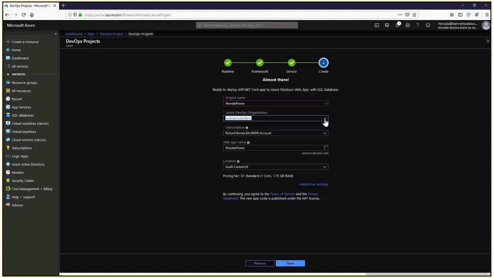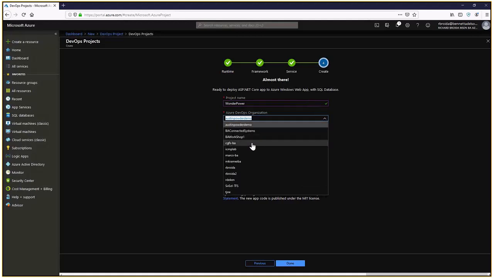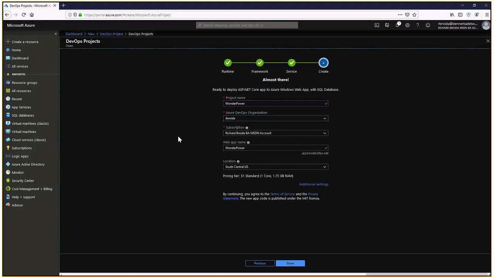It's going to ask me for an Azure DevOps organization. Azure DevOps is derived from the old Microsoft Team Foundation Server. So this term DevOps organization is what we used to call a project collection, if you're familiar with that terminology. But I'm setting it up in an Azure DevOps organization that I already have, which is named after me, called